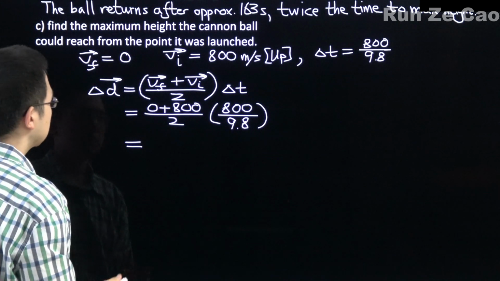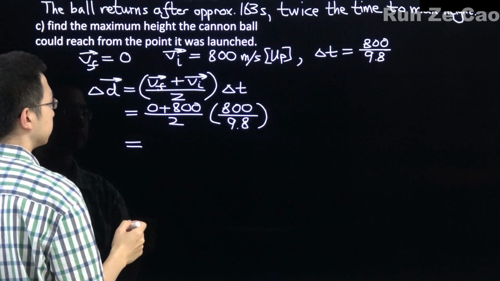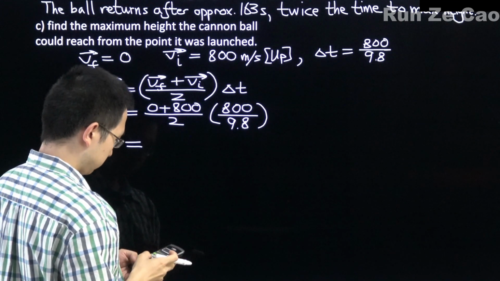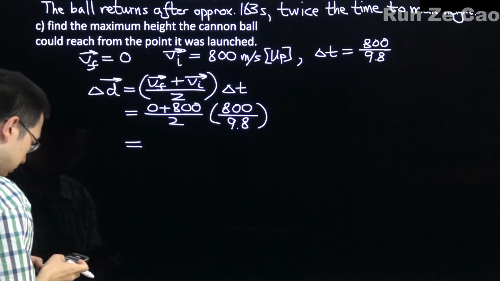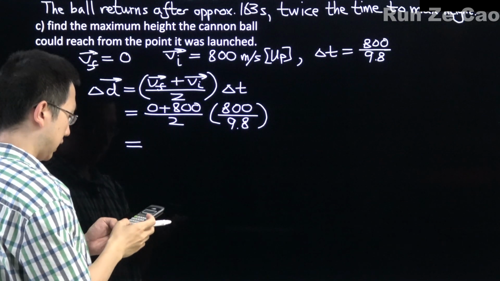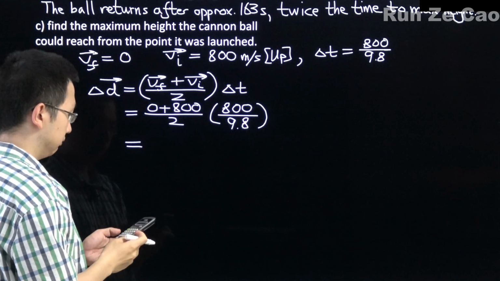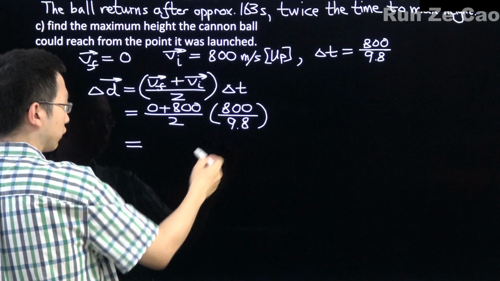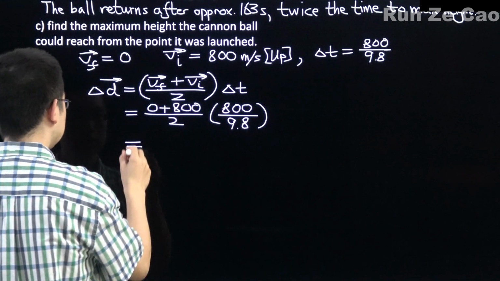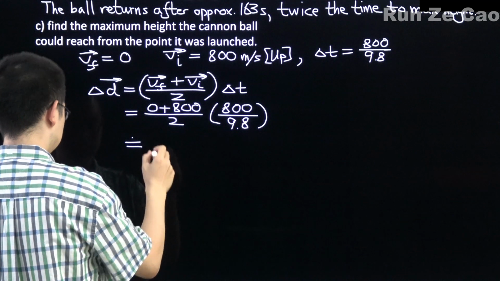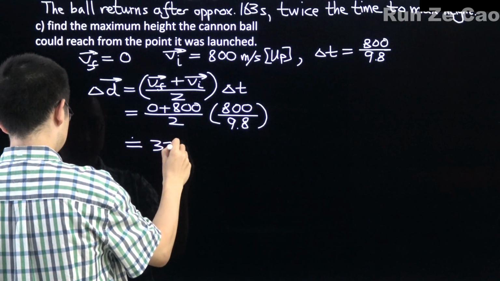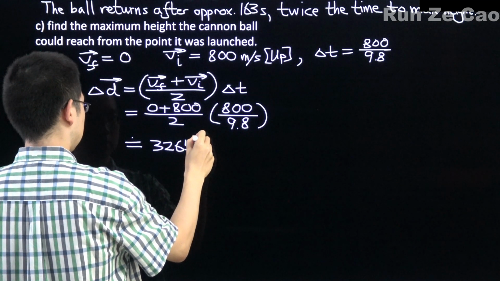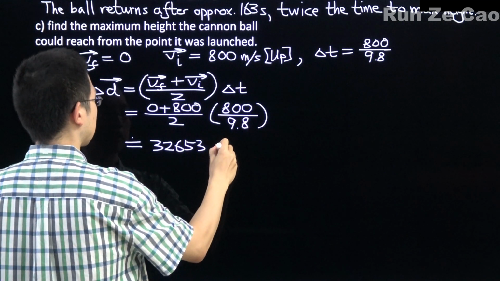And that is, well, we could just change this to 400. 400 squared divided by 4.9, because we could change this to 400, and then this is 400 over 4.9, and that's approximately 32,653 meters